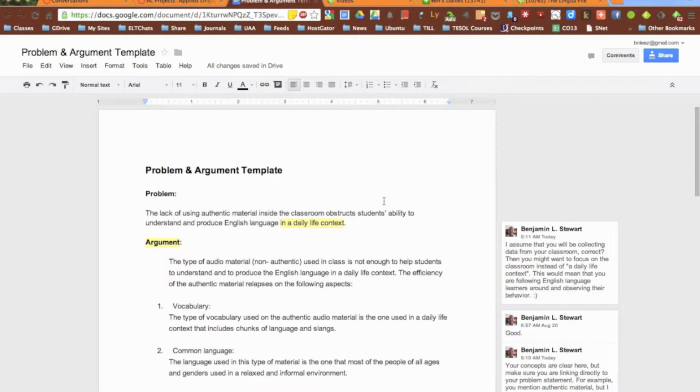Okay, in reviewing some of your problem and argument templates, I'd like to show you just one example and provide some general feedback as we finish assignments 1 and 2 for week 1. As you finish up your own problem and argument template, consider some of the feedback that I'd like to share with you over the next few minutes. Alright, I'm going to show you one example here,